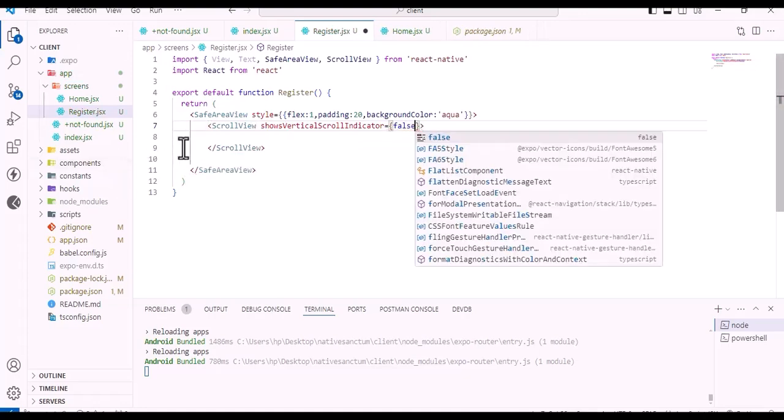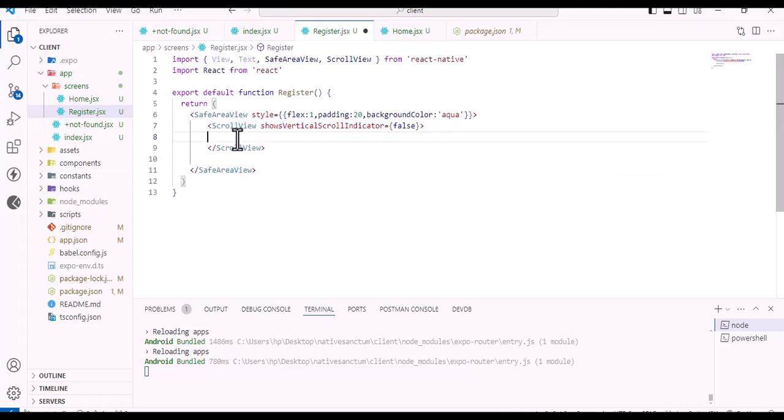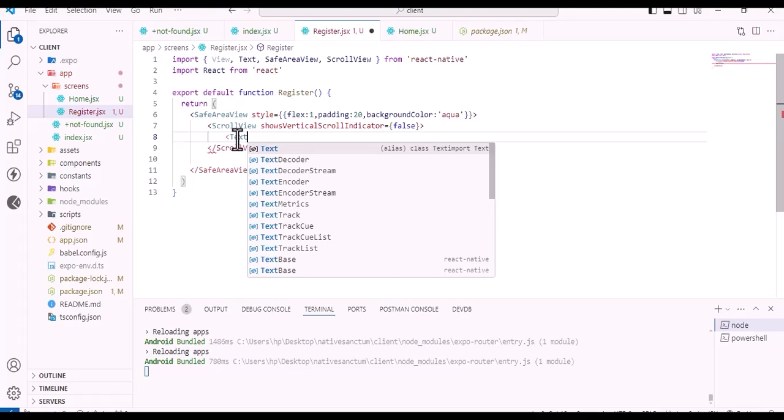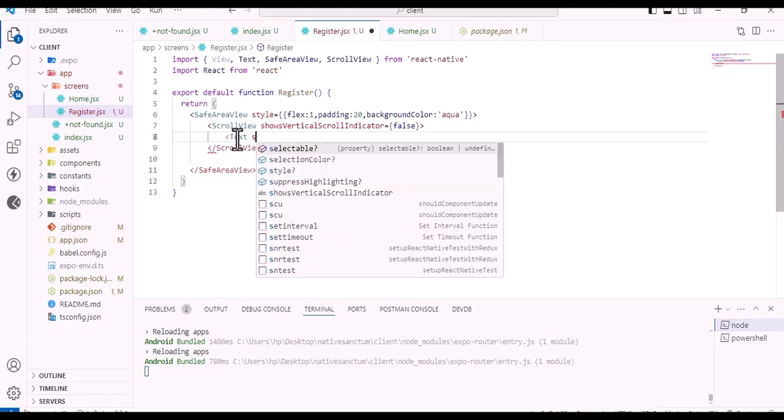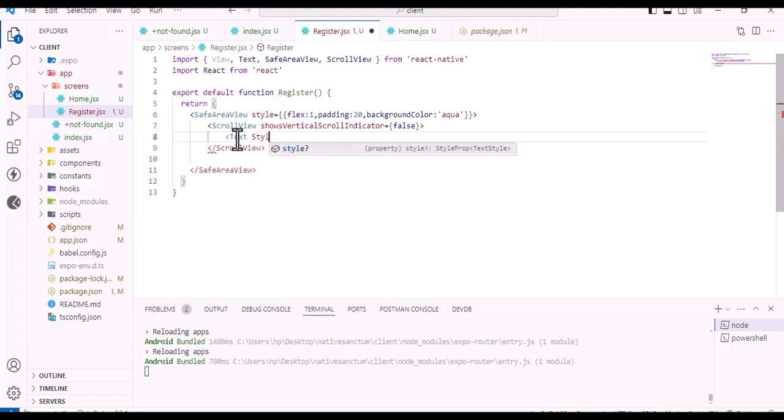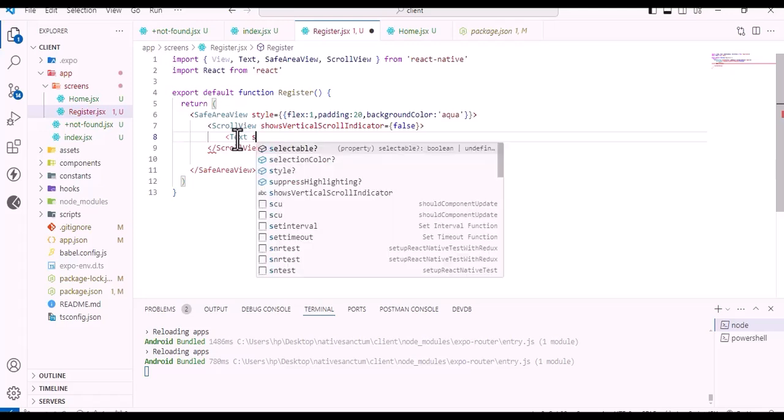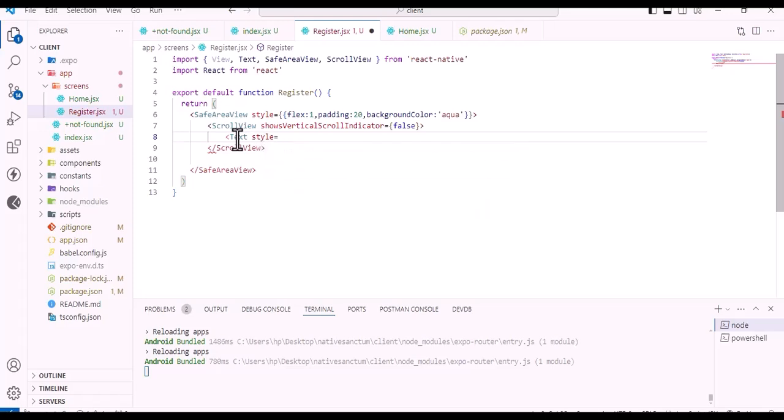Inside this, let's create text having style of margin top 50, text align center,